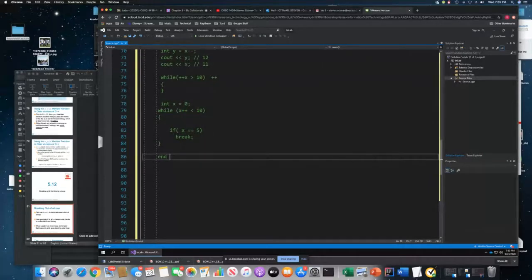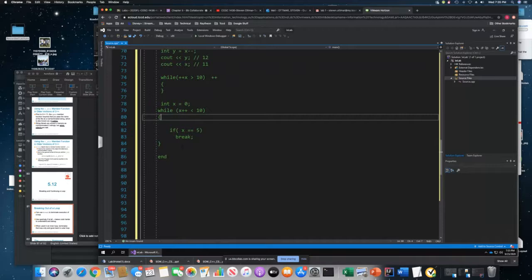With that being said, that's why they say it gets confusing and to use it sparingly, because now I have two ways to exit the loop. I can have this part right here, which eventually will become false, or I have this way it exits. So I have potentially one way in, two ways out. However,